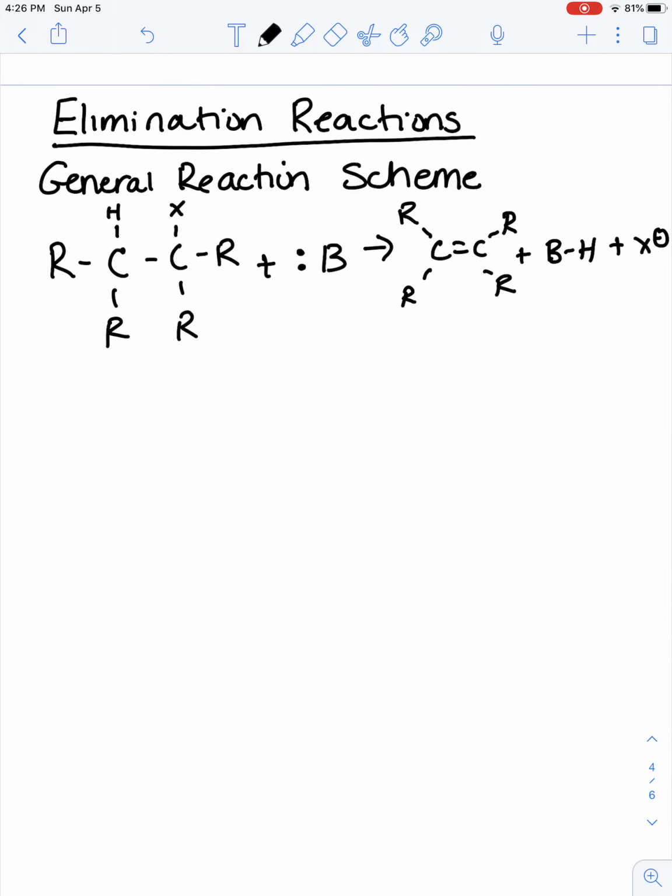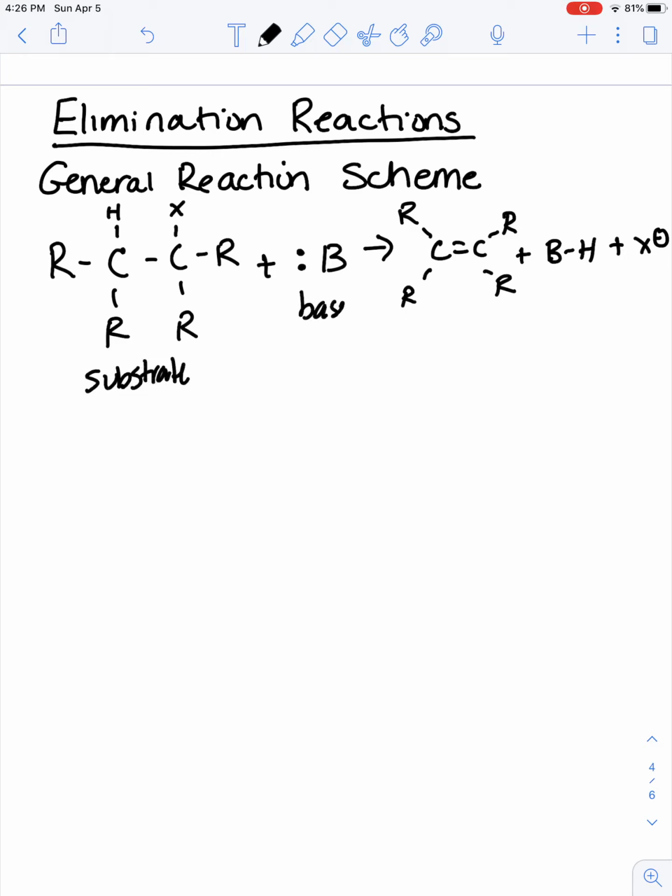So now let's really get into the reactions for chapter 7. We're going to start with an elimination reaction. In an elimination reaction, a proton and a leaving group on adjacent carbons are going to be lost to form an alkene. So we have our substrate,